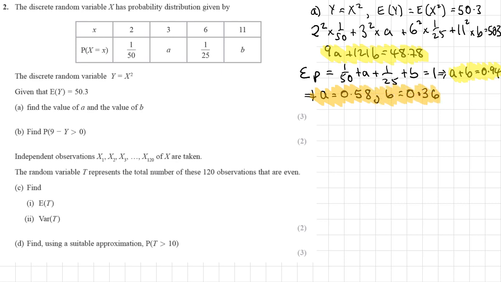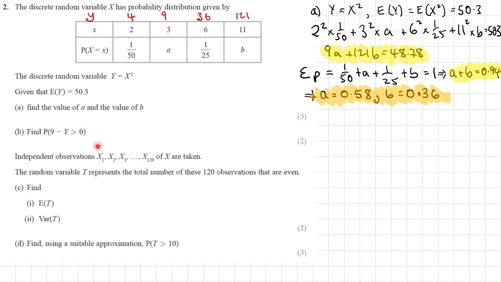Part B. Find the probability that 9 minus y is greater than 0. So the first thing I'm going to do is write down what the values of y are, and I'm just going to put it on the top row of this table. So y, remember y is generated by doing x squared, so we'll have 4, 9, 36 and 121. And what I want to do is take 9 away each value of y and see if it's